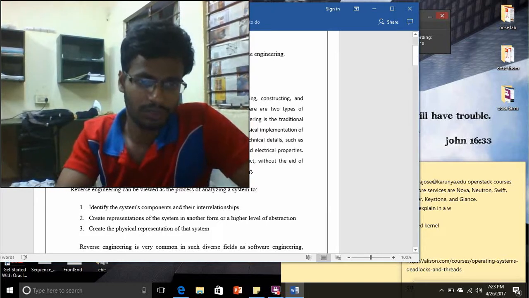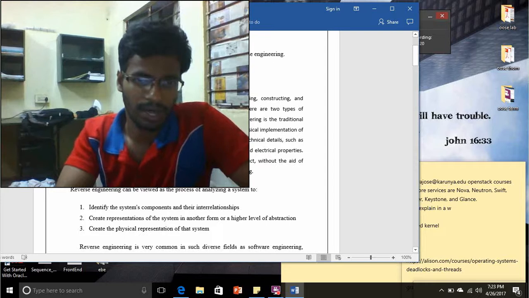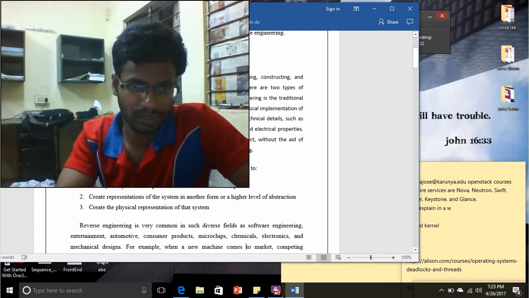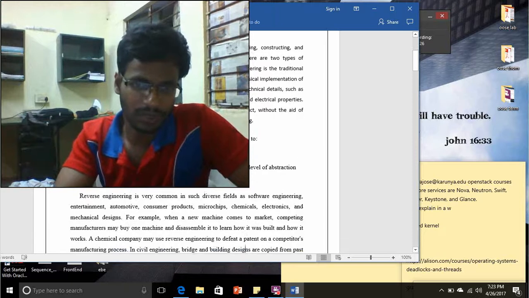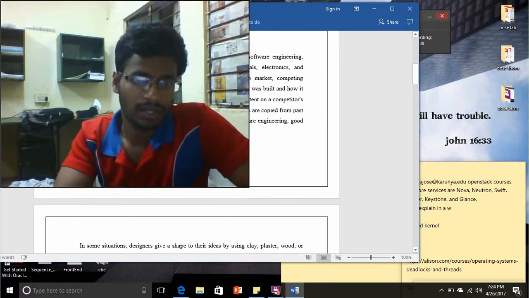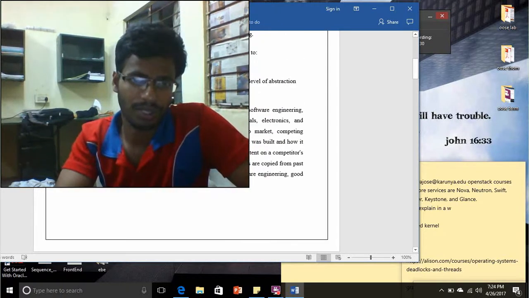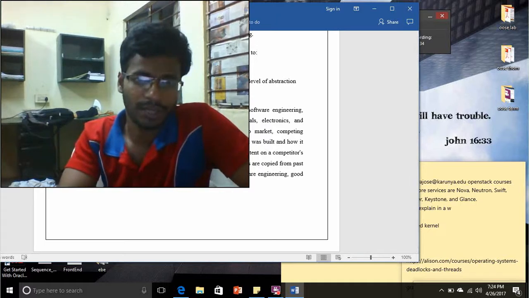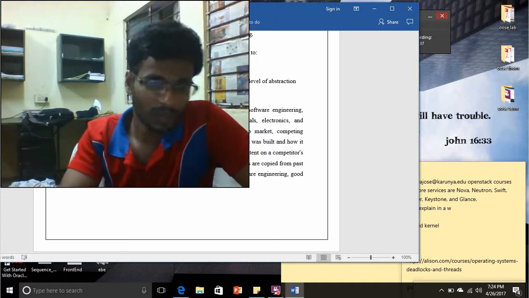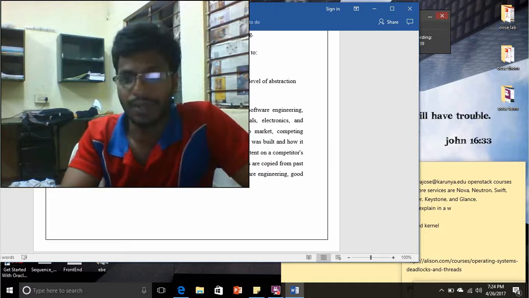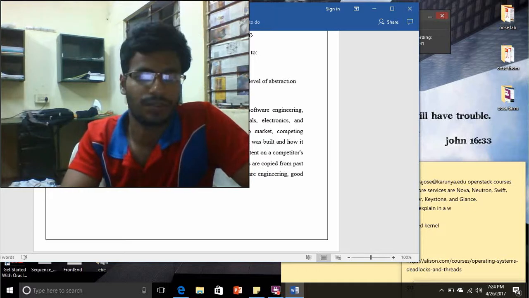Forward engineering is the traditional process of moving from a high-level logical design to implementation, and reverse engineering is going from implementation back to code. Reverse engineering can be viewed as the process of analyzing a system to identify the system components and their interrelationships, and to create representations of the system in another form or at a higher level of abstraction. Reverse engineering is very common in such diverse fields as software engineering, entertainment, automotive, consumer products, microchips,